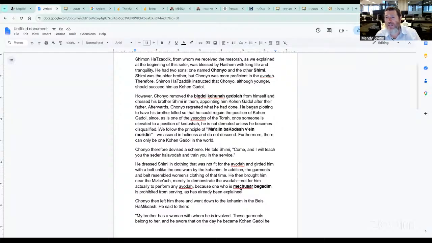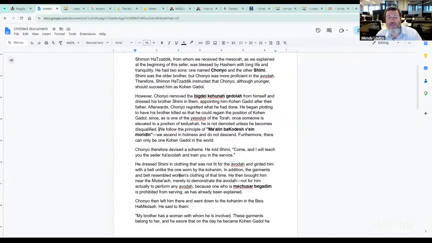So he wouldn't do a violation of the Torah. He just dressed his brother in woman's clothing, his wife's clothing. He doesn't tell him to do anything, just to stand there, because if you do something, that's already against the law. Even though this whole exercise is against the law of loving your fellow Jew, right? He was having hate and jealousy. But nevertheless, his father thought he was appropriate to be the high priest.